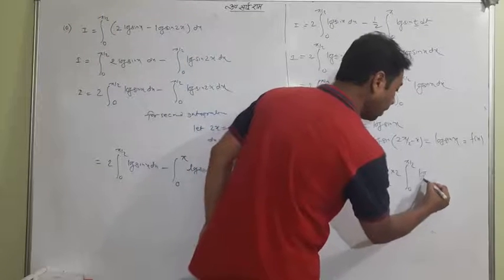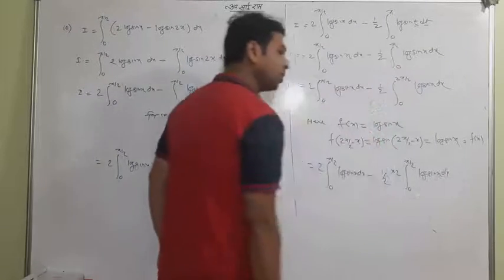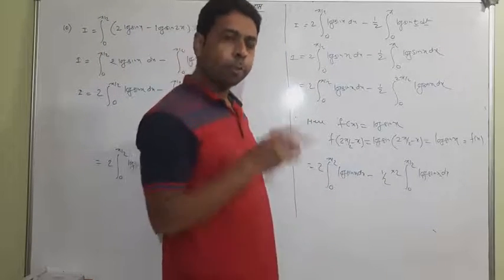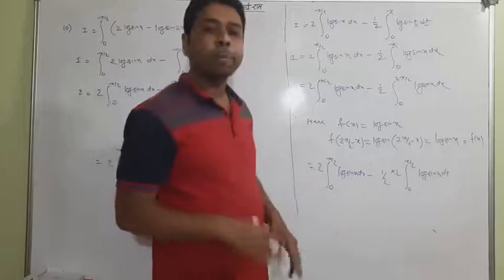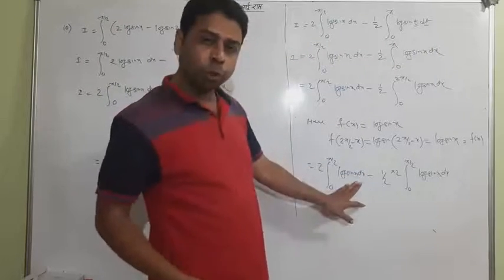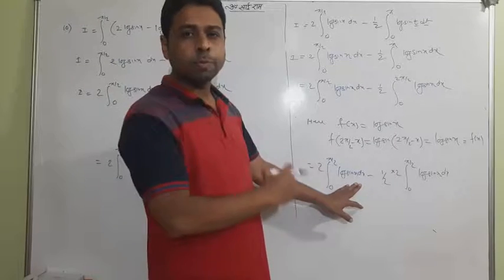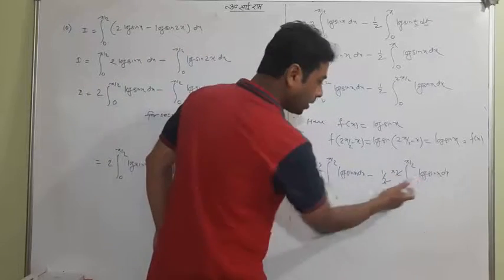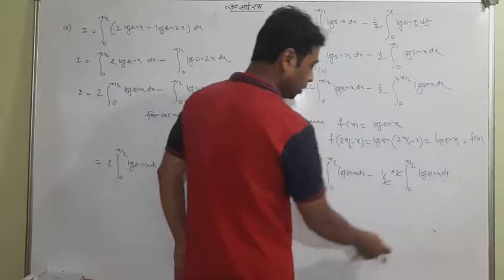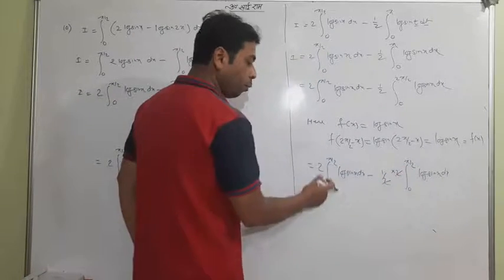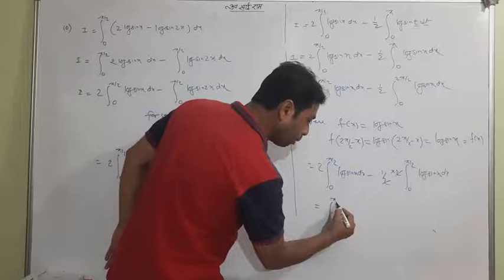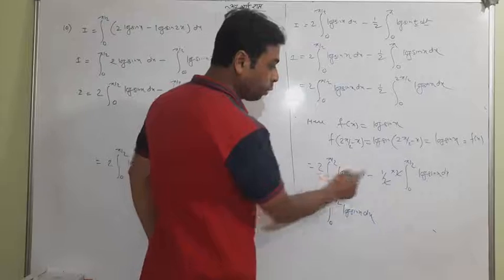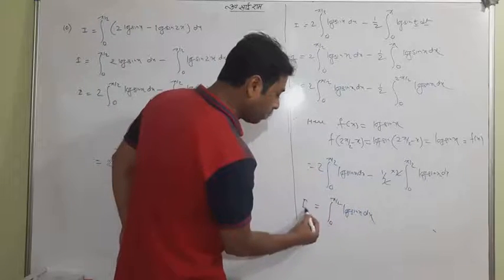This type of question has less probability to come in the exam, because these questions depend on the other question. This is actually one of the questions, and this particular question is used as a formula. Now 2 and 2 will be cancelled. So 2 log sin x and 2 log sin x is a single log sin x, meaning both will subtract and give the answer 0 to pi by 2 of log sin x dx. Try to understand. I didn't write 2 because 2 minus 1 is 1, and this is I.